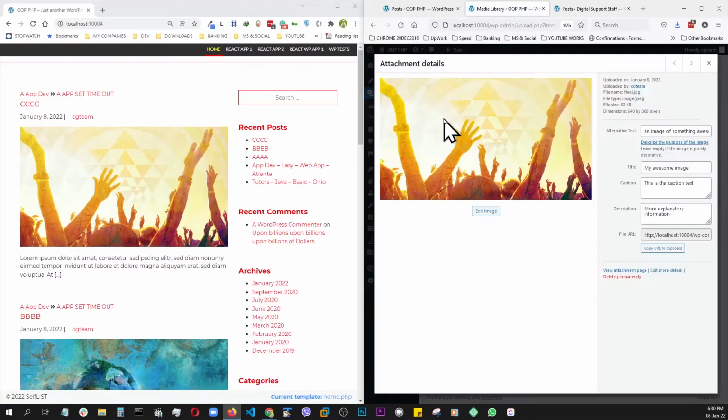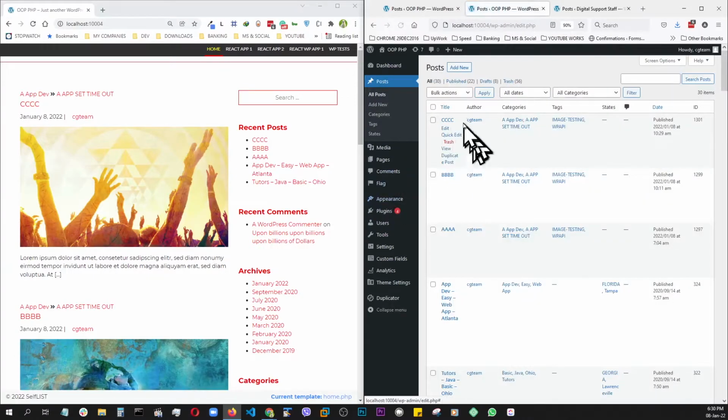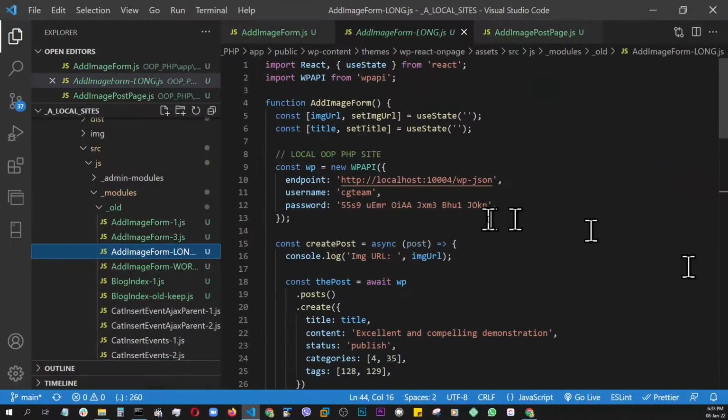New image is right here with all the necessary data. And look at the post. CCC is right there. Now, before I finish, I just wanted to give you one small bonus. Let's check that out. All right, before I get to the bonus, I just wanted to show you the exact